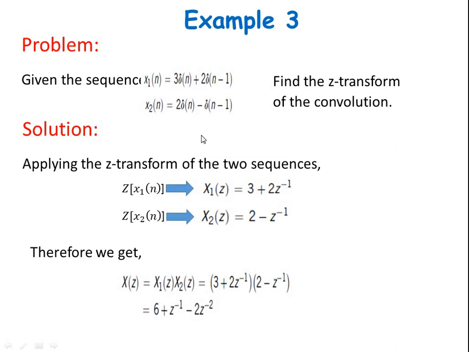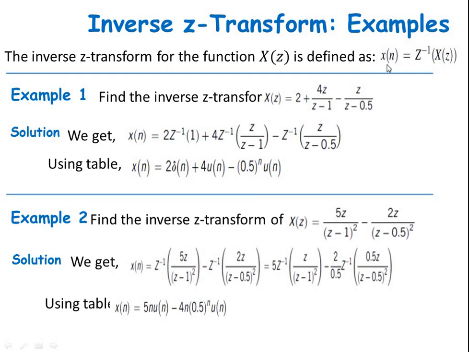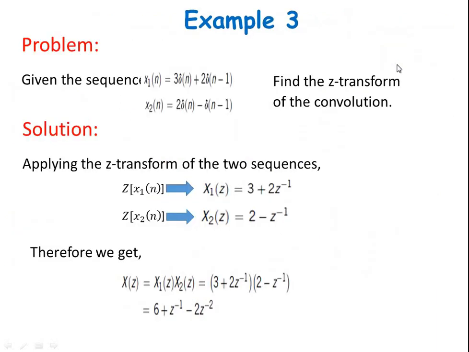Likewise we can write for the second sequence. Here the question is the convolution of two signals. We know the convolution property again: it is just the multiplication of the Z transforms of two sequences. So we can take the Z transform for these two sequences and multiply them directly in order to get the convolution of these sequences. Now we'll discuss inverse Z transform. So far we have been finding the value of x of z from x of n.